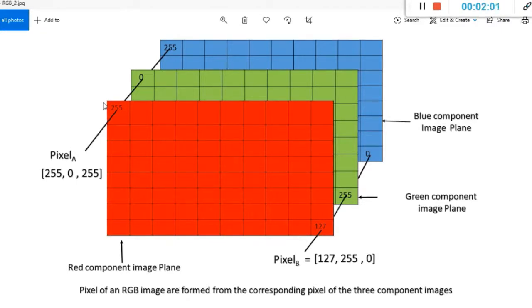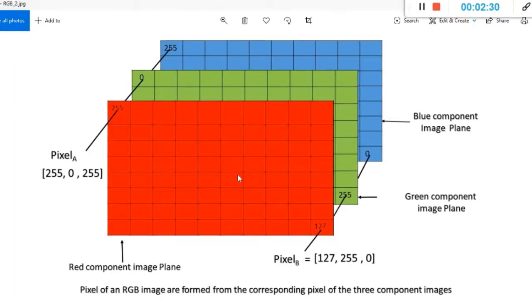So let's say an image has 256 by 256 pixels, then this single red layer represents 256 in X and 256 in Y. Similarly, there is another layer just behind this red layer, that is a green layer. The green layer will also have 256 pixels in X and 256 in Y. There is a third layer, that is a blue layer. This layer also will have 256 pixels in X and 256 in Y.